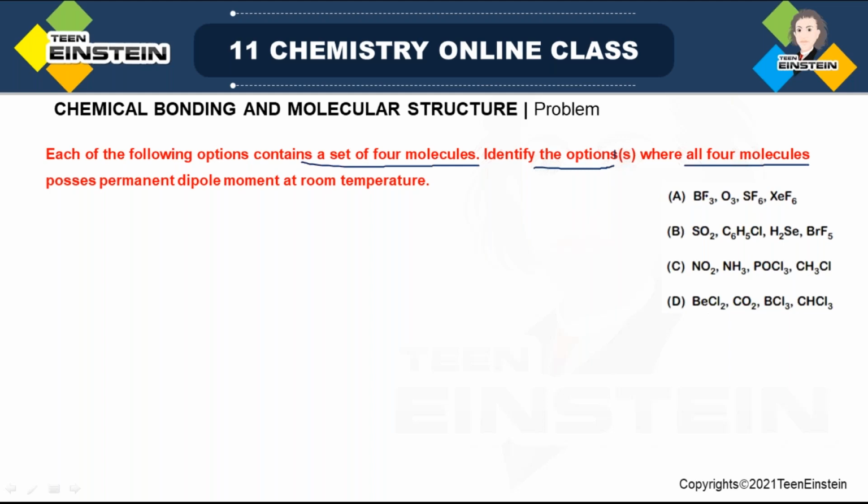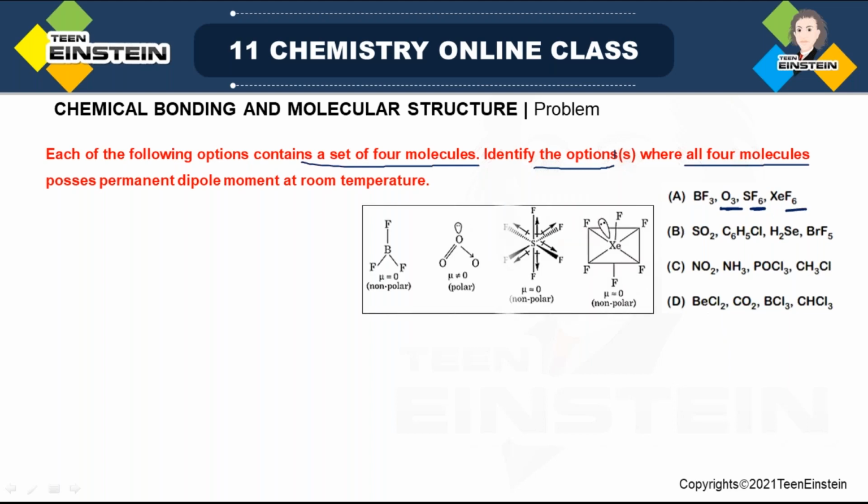The first one is BF3. The picture we have already seen for this molecule. Then O3. Now O3, it is not like oxygen, there is some angle present. SF6 is octahedral, remember, and XeF6, it is also just like that. So if you look at these